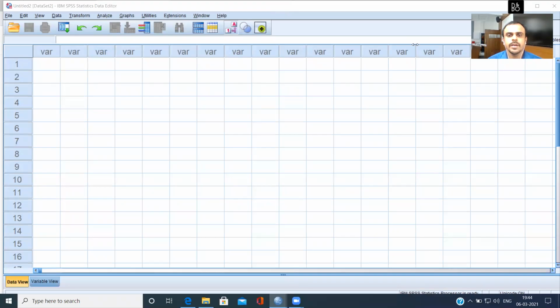In this section, we'll be speaking about how we can do a correlation matrix. Now, correlation matrix is something which can be used for multiple purposes. Now, if you want to find out which are the variables which are highly related with the dependent variable, then you can use it.